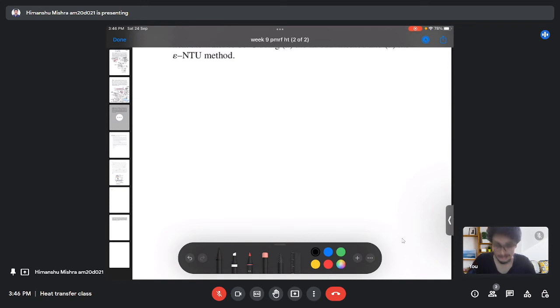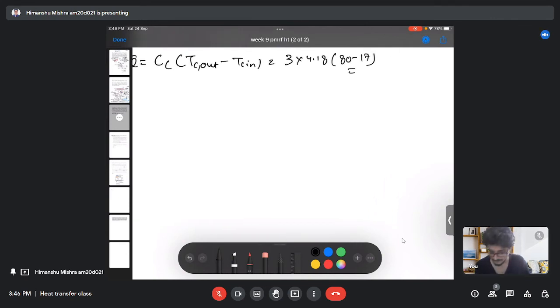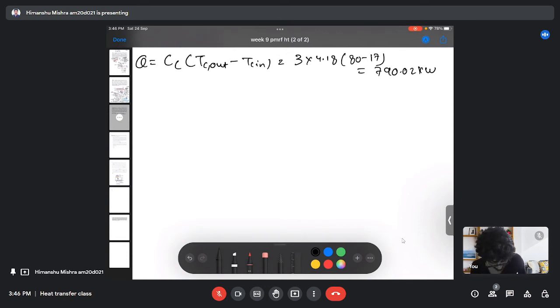So again, we need the actual heat transfer rate to use the NTU method, and we already found that because we are given the temperature of the cold fluid at both inlet and outlet. We found it in our previous part, which was 790.02 kilowatt. And we can find the maximum heat transfer as C minimum